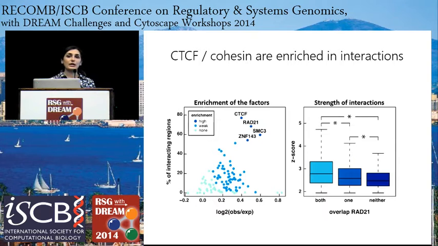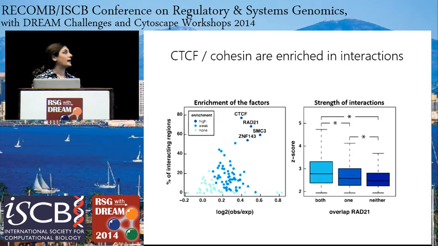So then we look at the profile of interaction. In the interacting loci, we use ChIP-seq data from 102 transcription factors and intersect with ChIA-PET data. We saw enrichment of 4 factors: CTCF, RAD21, SMC3, and ZNF143. So we believe these are 4 factors that are very important to maintaining the long distance interaction in